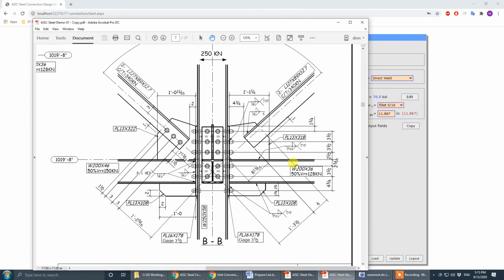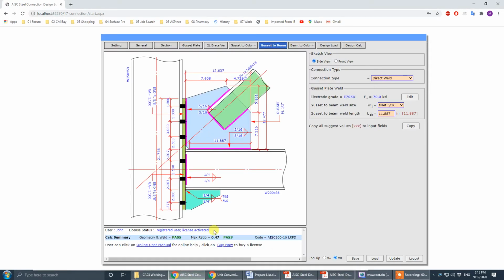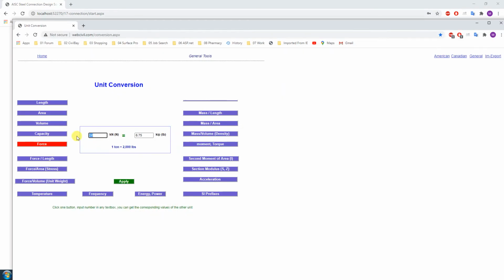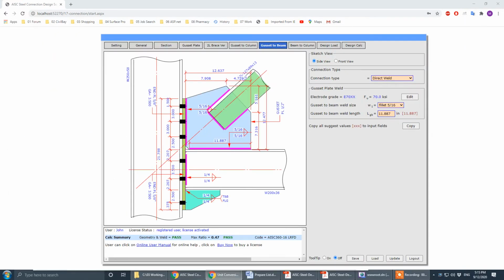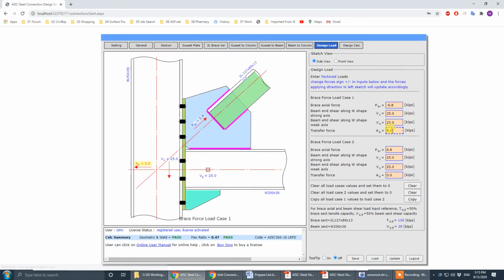Now go to the force. That's a pass-through force. All right. 250 kilonewton transfer force or whatever you call. 250 kilonewton. It's very big. Okay. It's 56.3. Okay. Now design load. So that's the transfer force, 56.3. The transfer force, always key in the positive value, which represent the tensile transfer force. Okay, negative value represent the